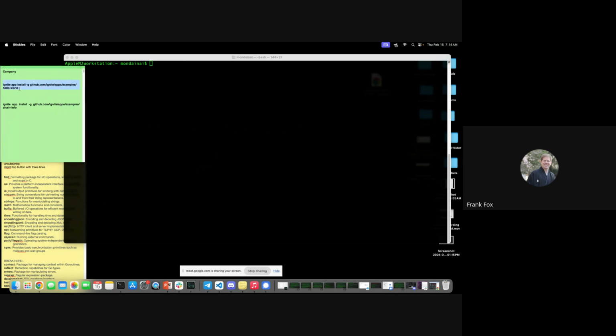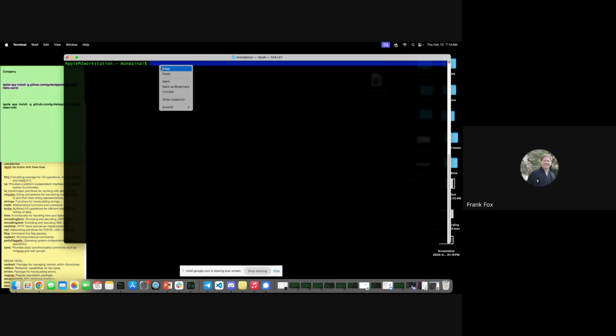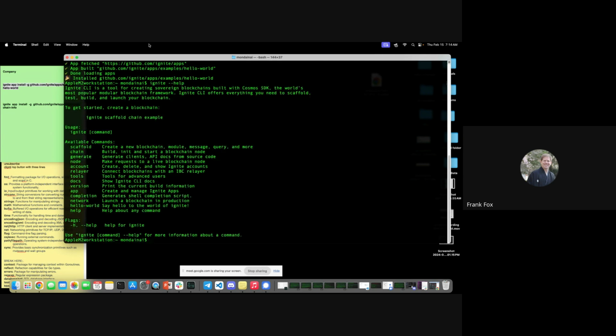Thank you, Tobias, for showing the GitHub page where that was on. Let me do this. Here we go. So with this command, ignite app install, the -g flag is to install it globally. And here's the path to that app. As you can see, we're in the apps examples directory, and here's hello world. So if I go ahead and enter there, that'll get fetched and installed. It says it's successfully been added. And now if I type ignite help, if we go down here, you will see that the Hello World functionality app has now been added to Ignite.